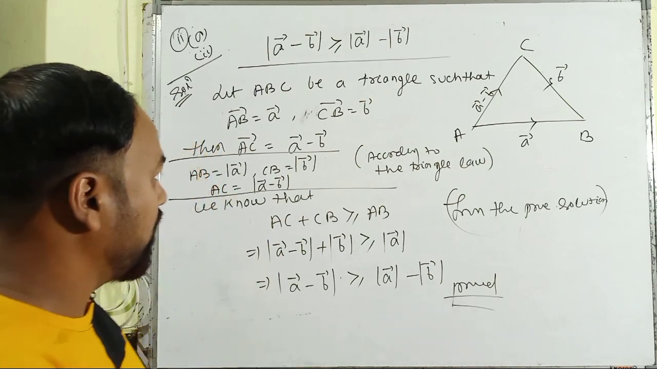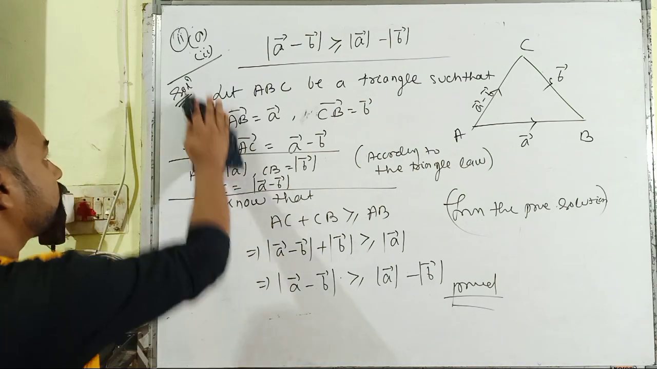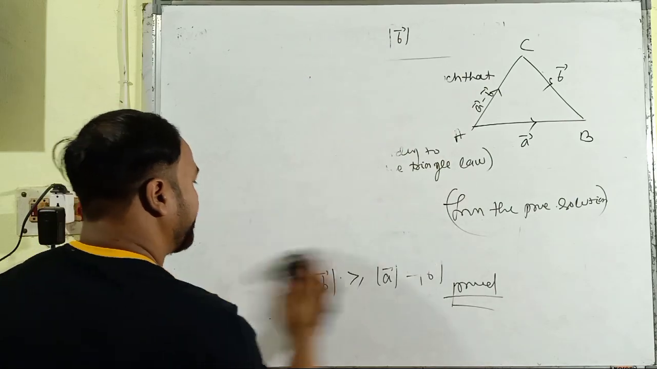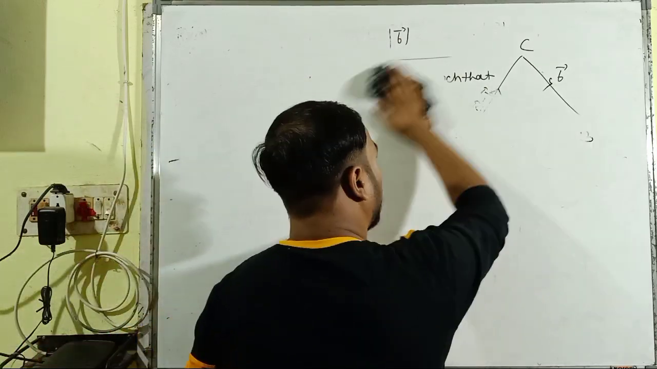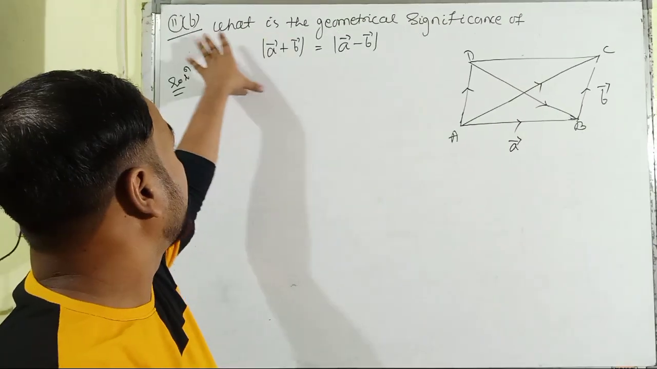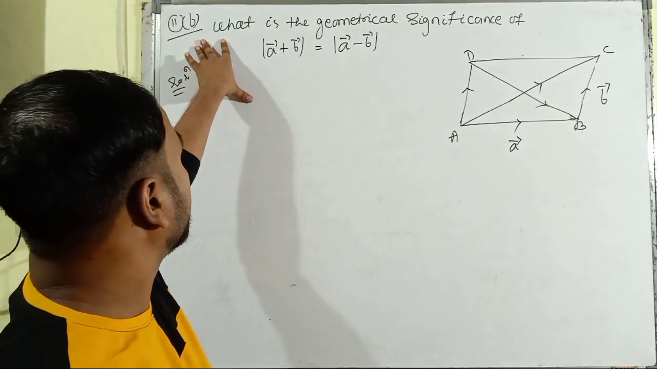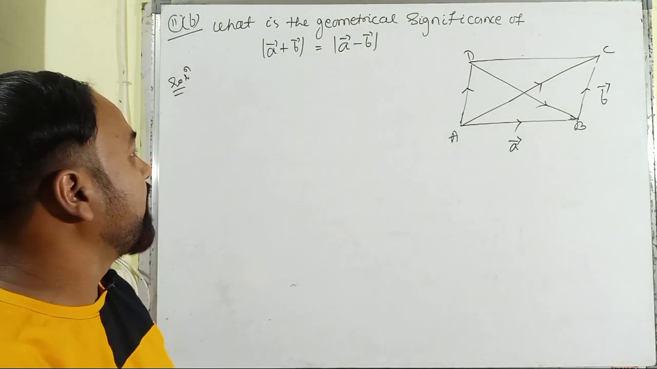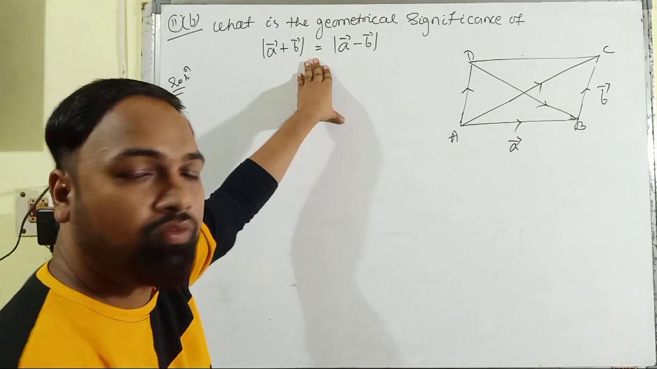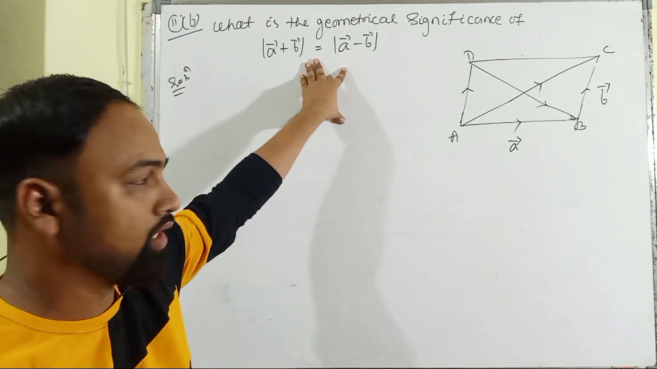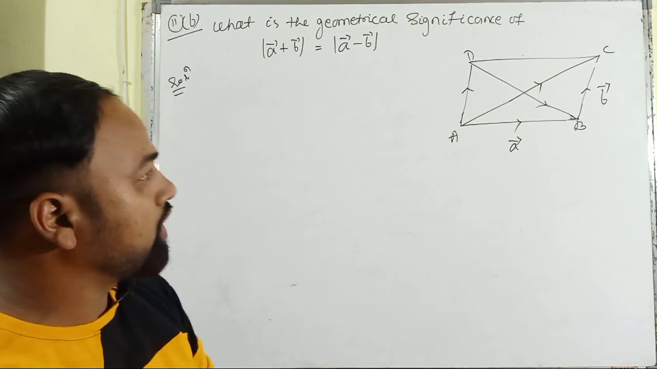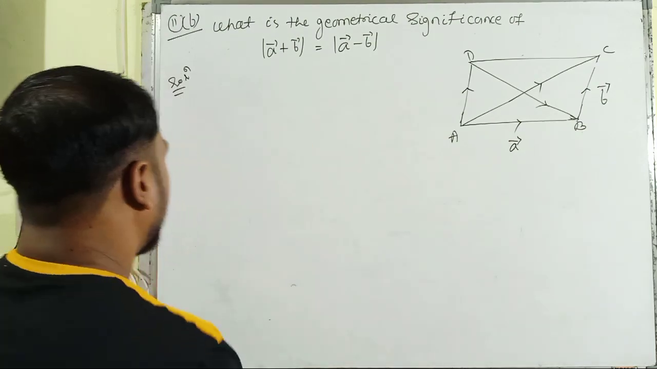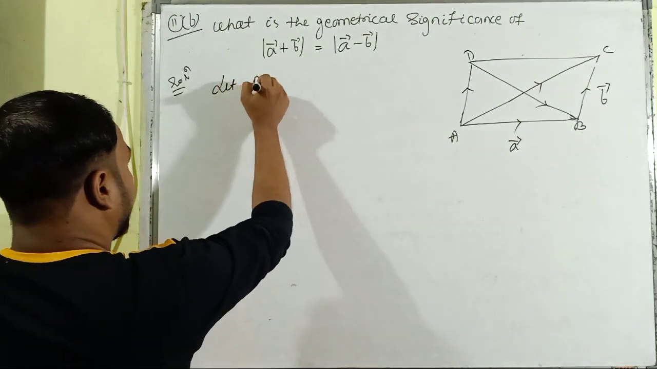Then let us move towards the next question. Here it is question number 11b. In this question it has been asked to find the geometrical significance of the magnitude of A vector plus B vector being equal to the magnitude of A vector minus B vector. For this we have to consider the example of a parallelogram ABCD. Let ABCD be a parallelogram